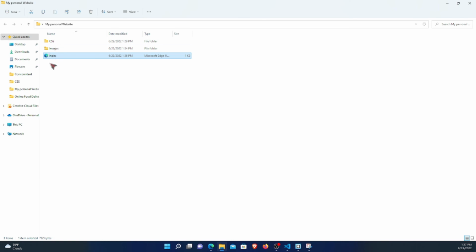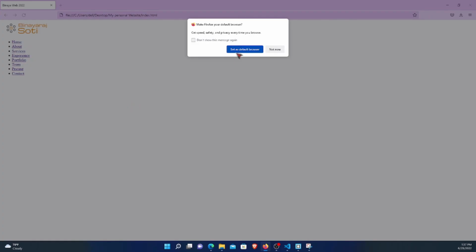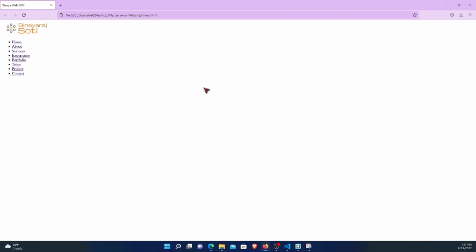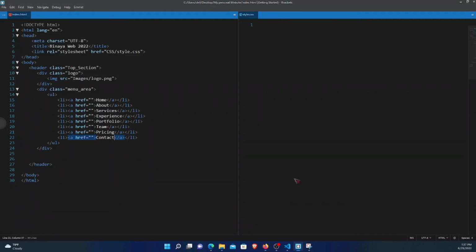Suppose this is our index file and I am going to open it with Firefox. This is our result. Now what I need to do is add the CSS so that I can bring these menu items to the right side and remove the bullets in front of them. I can do many more things. So let's start the CSS. In the CSS file,